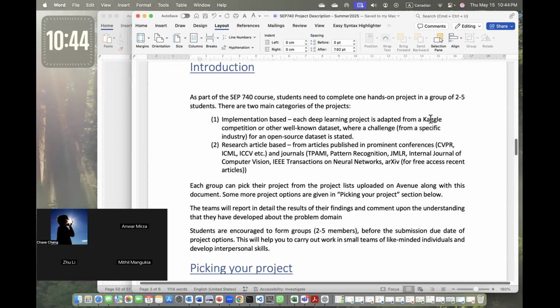Okay, so on Kaggle, there are many projects available which people have done over the past several years, and have won competitions based on that. This will give you an experience if you decide on a project from the list in the implementation-based list of projects, then this will give you a kind of exposure to the kind of work which people ranging from